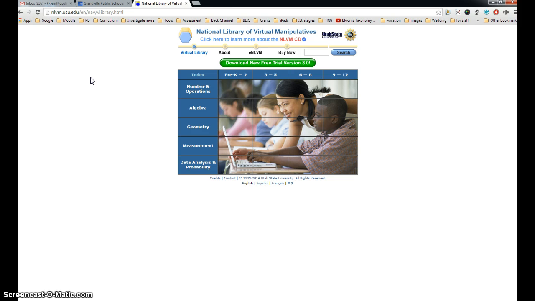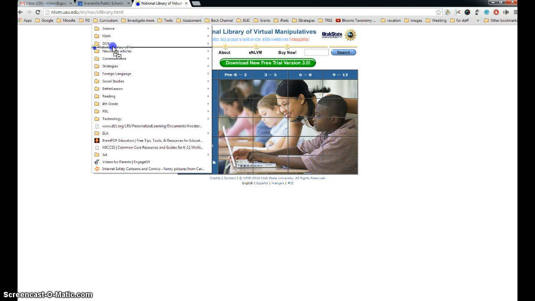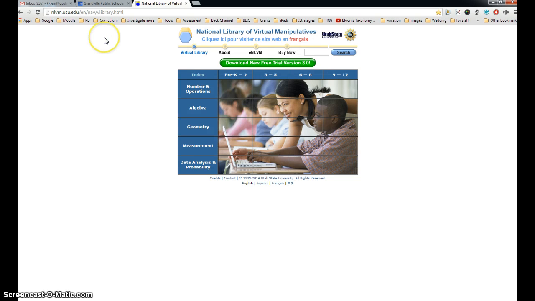If you think this is a tool you might use later, you can save it to your bookmarks by either hitting the star on the end and categorizing it, or if you already have folders created, you can grab this tool and drop it in a folder to save for later. Alright, so now that I have it saved so I know I can access it again later, I am looking